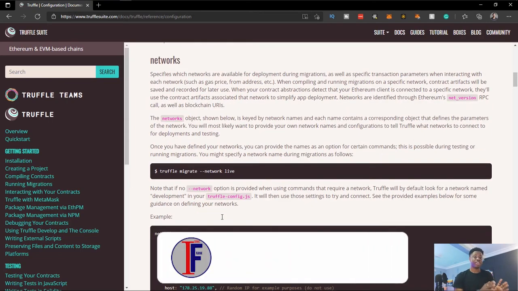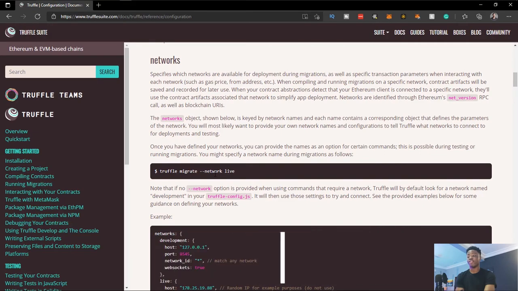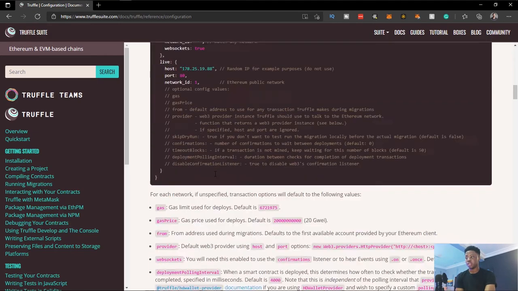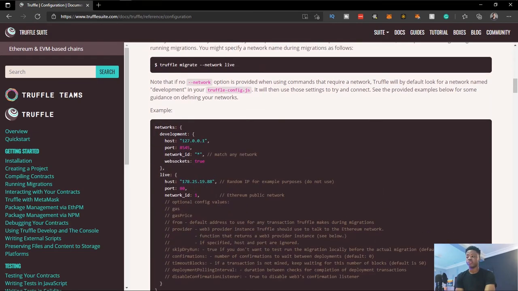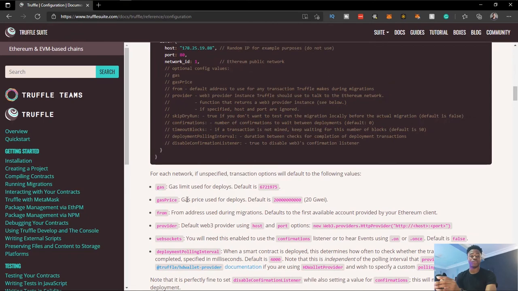In the last video, we specified a network, which was Ganache network. You can see the command here. You can use the network flag to specify a network we've created in the Truffle. And this is how you create a network. We can specify the gas price, the from address, which will be the default address that will be sending transactions. And we can specify min confirmation to wait before running the next code. It has lots of options for a network.